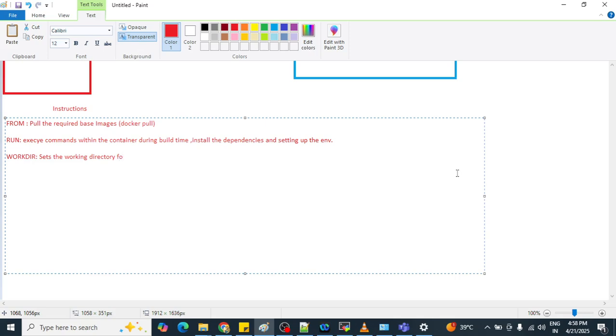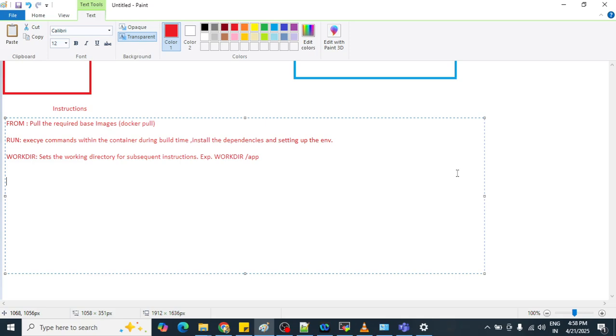For example, /app, like that. So all the following instructions will execute inside that particular directory only.